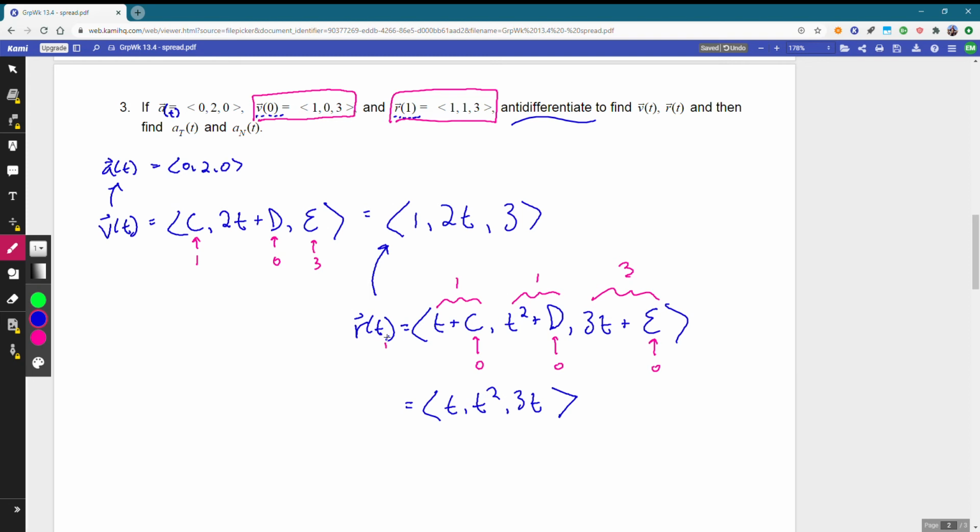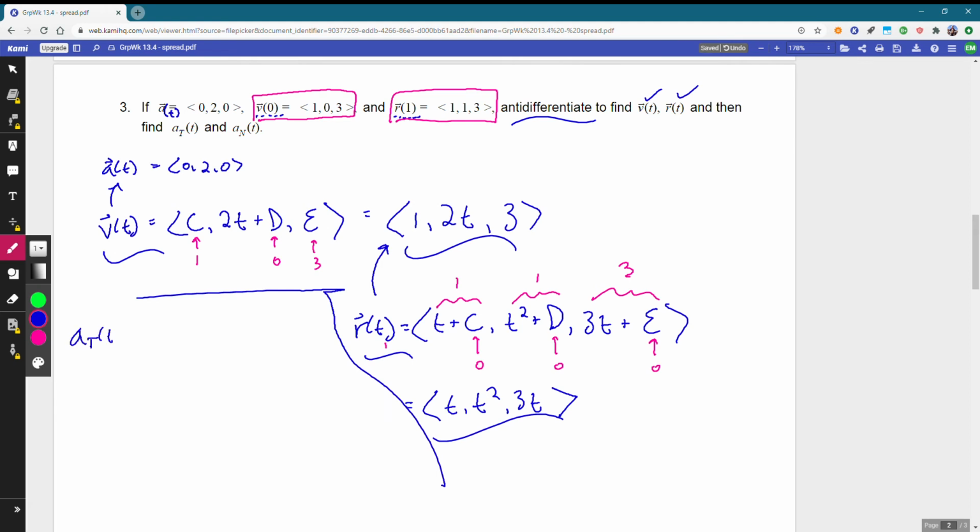And so here is our position function and our velocity. And so last but not least, we need to find our tangential and normal components of acceleration. See if I can fit that in over here. All right, AT. All right, this is our acceleration